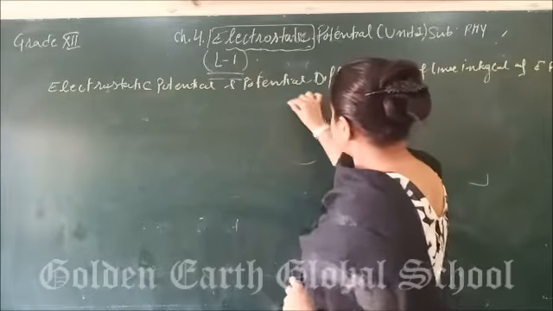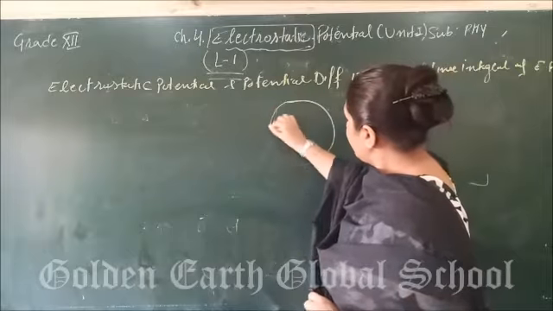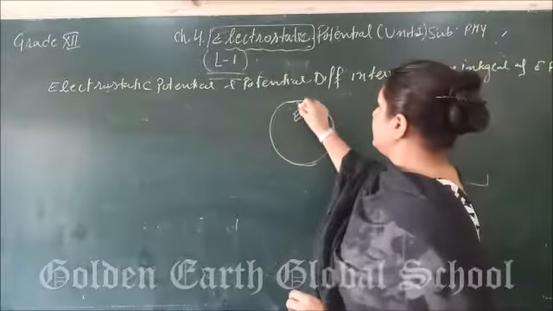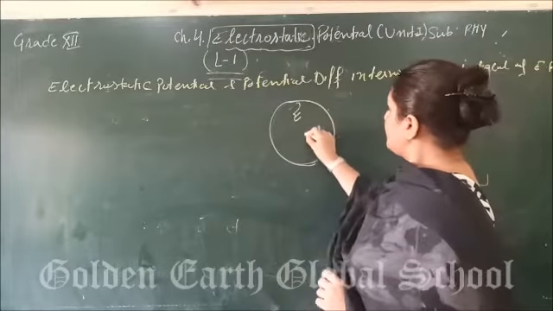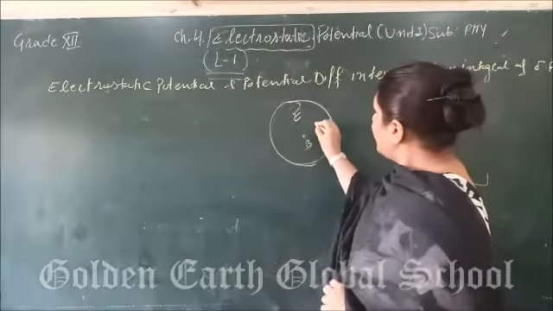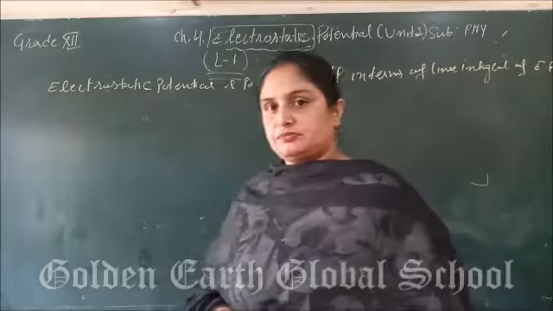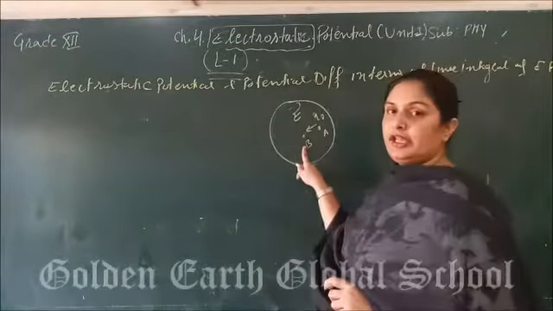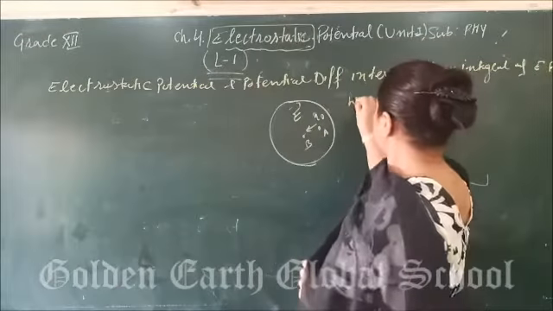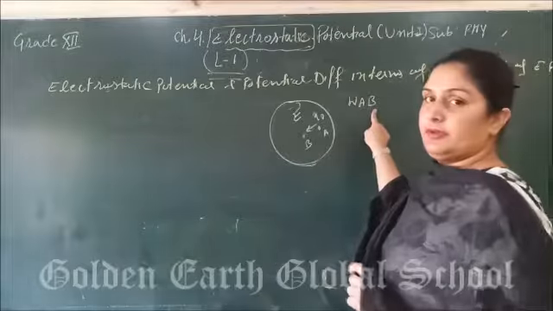It means, firstly let us suppose we have the electric field. In this region there is some electric field existing. Let us suppose it is the E. Electric field is E here. Let us suppose we have 2 points, point A and B. Now I want to move a test charge Q0 from point A to B. Test charge from point A to B. To move the charge I have to do some work.